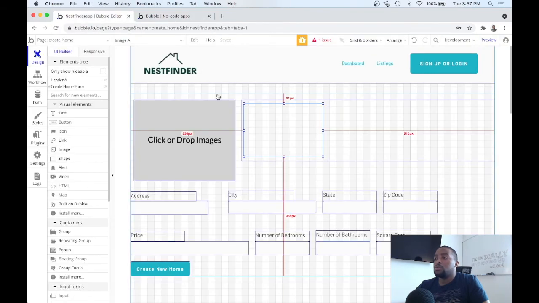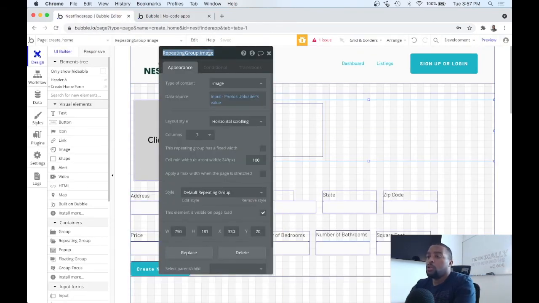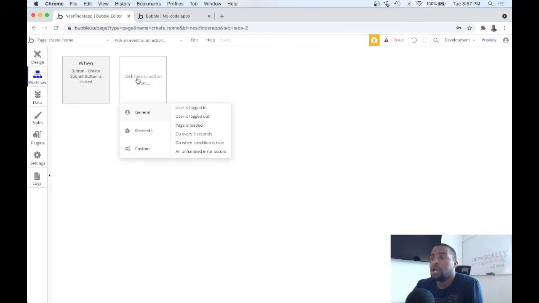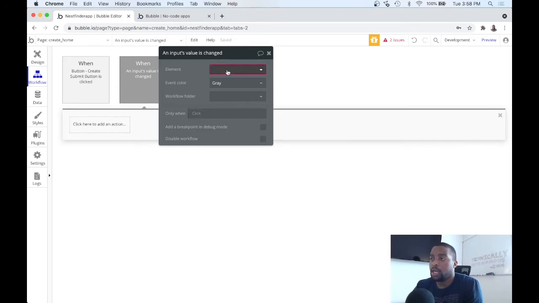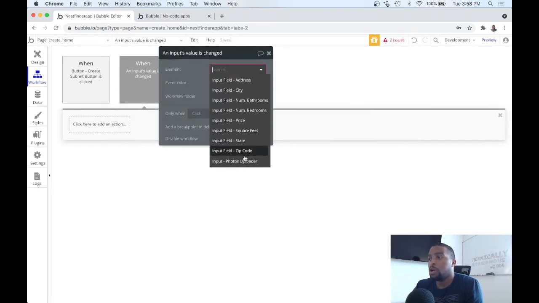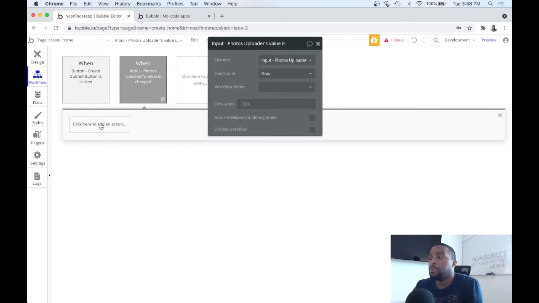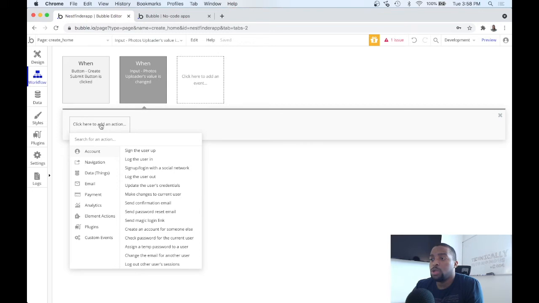So we'll probably need to create a workflow. So let's change this to photo preview list. And let's go over to workflow, add a new event. So the event we want to listen to is an input value has changed. And the element that we're listening to is the photo uploader. And when a photo uploader value has changed, meaning all of the images are uploaded, we want to set